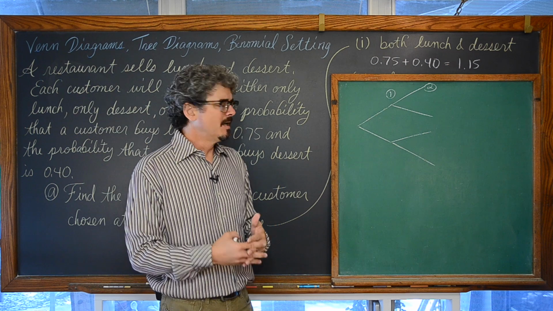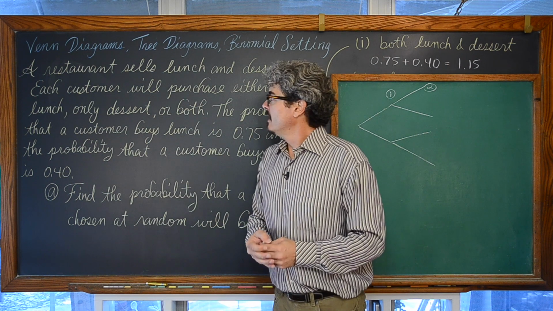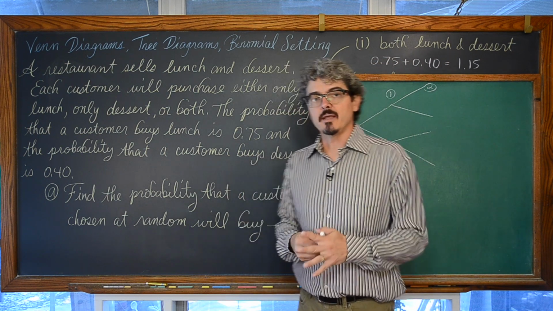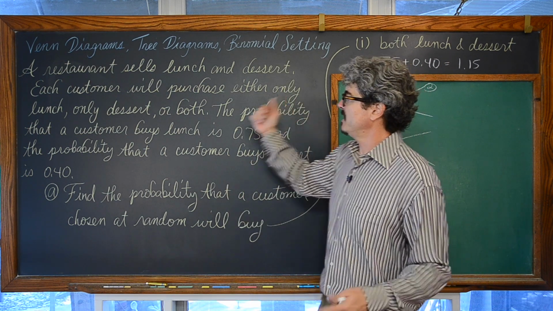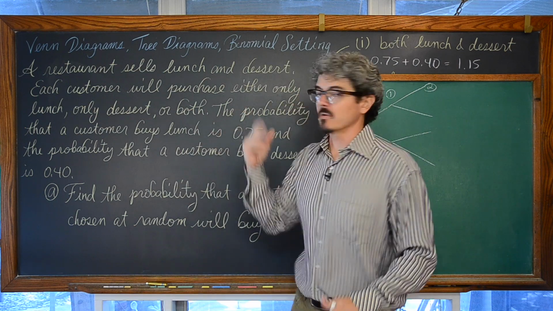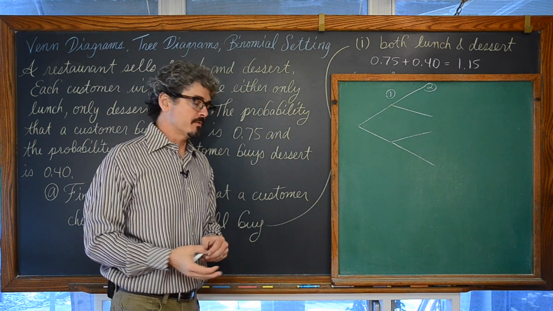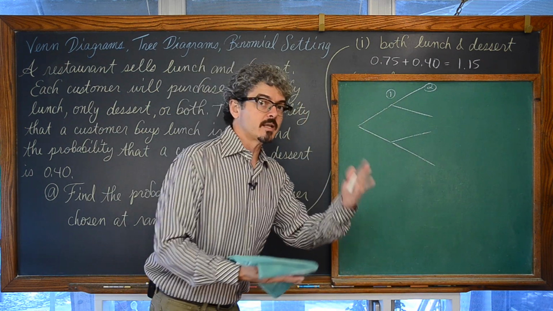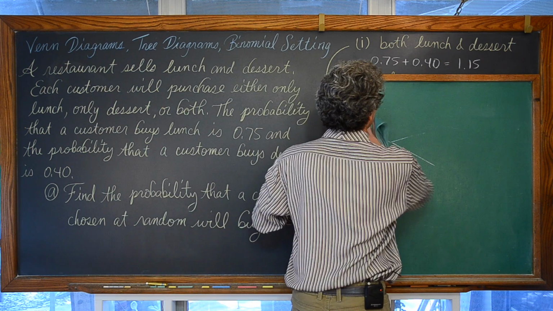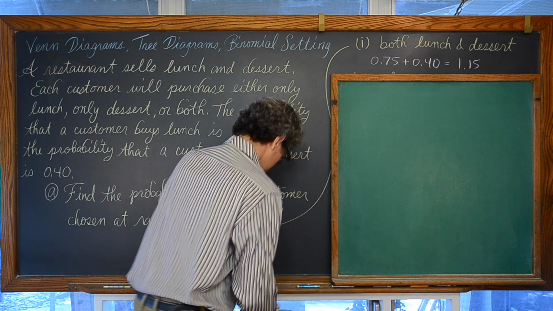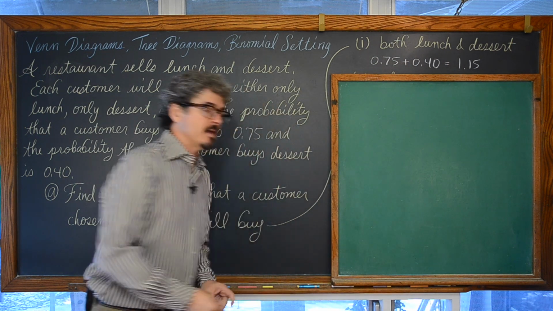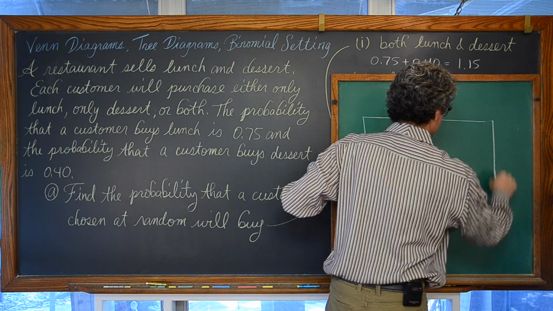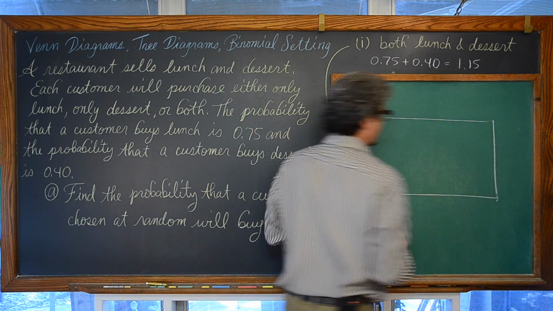That's the type of language where it's good to use a tree diagram to help you answer the question. But here it's just a randomly chosen customer, and you just look at what they purchased. Either only lunch, only dessert, or in the case of our question, both. There's one trial, if you will, that randomly chosen customer who comes in, and then from that you analyze the choices that customer makes. That's a situation where a Venn diagram is usually going to be your easiest tool to answer the question.